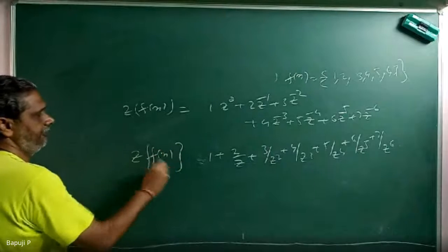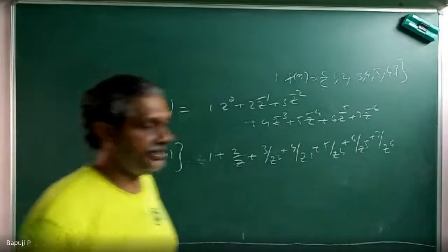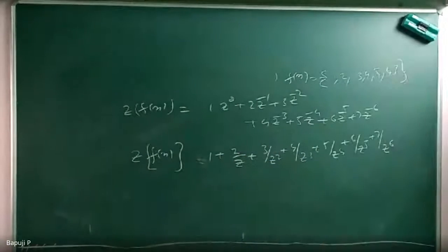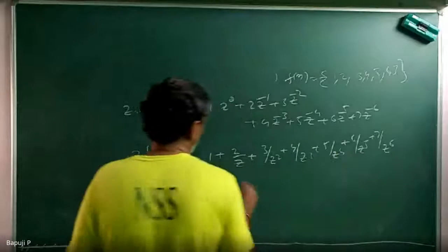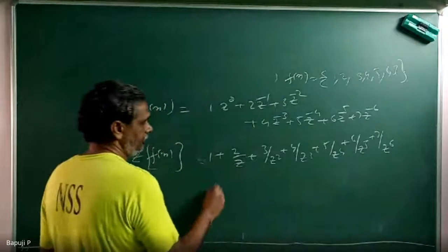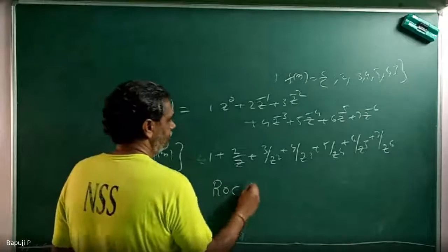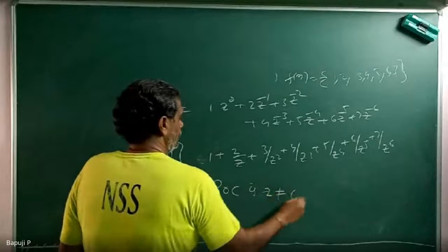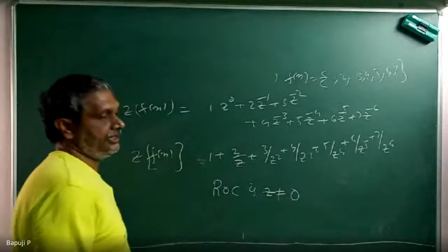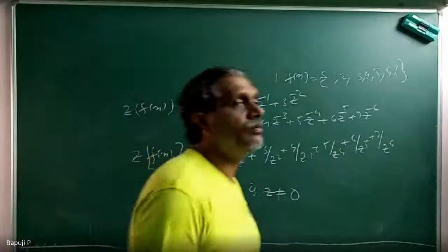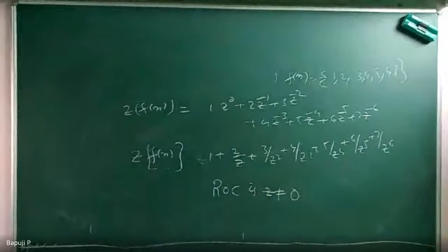By the z-transform, here also you can state the condition of convergence. Where is my function not valid? Where is it valid? Actually it's not valid only at z equal to 0. So the region of convergence is everywhere other than z equal to 0. So the region of convergence is z not equal to 0. Other than 0, everywhere in the whole domain it will converge.